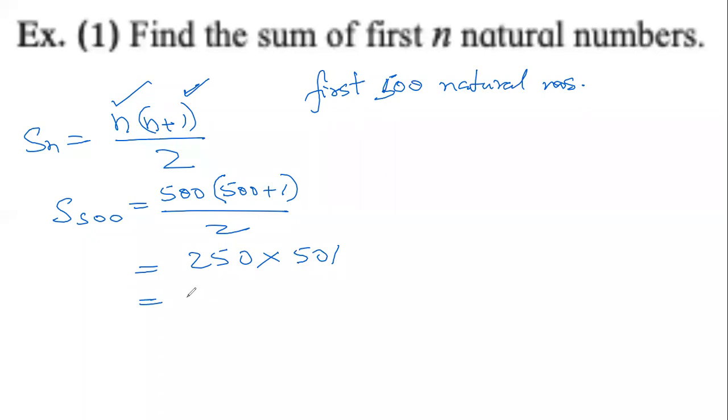Do the multiplication in your notebook. Tell me the answer. When I do the multiplication, I see that there is a 0 here. So a 0. Multiplying with 25 is easy because I know that 25 into 4 is 100. Every 4 25s make 100. So 25 into 1 is 25. 25 into 0 is 0 plus 2, 2. 25 into 5. If it was 400, one more, 125. This is correct.